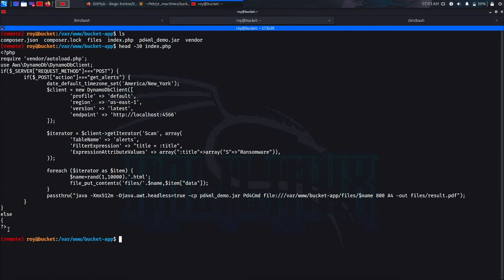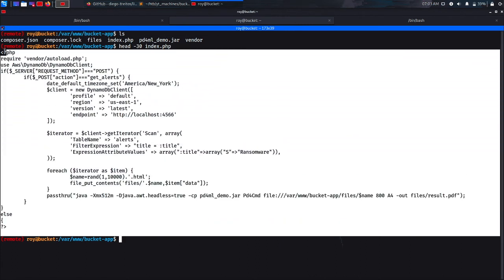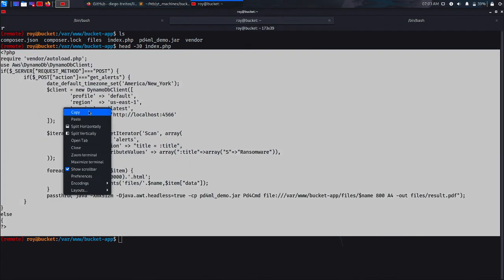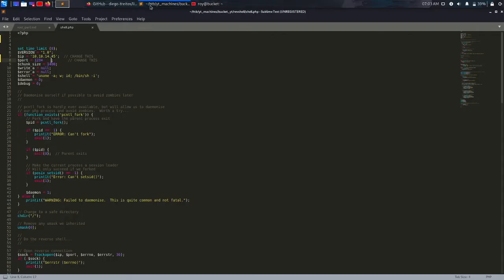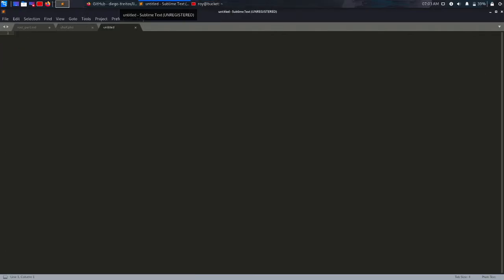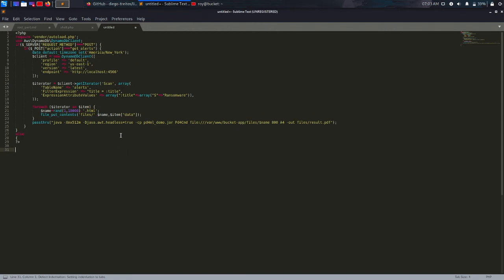So we can copy this and put this in our notes, not in Sublime, to see what this is really doing and if there's any way to exploit. So we see that this is requiring an autoload PHP, so a function, I believe. I don't really know PHP, so I don't really know that stuff. And I think it's just using the AWS DynamoDB client, and it's saying if the server request method is post,